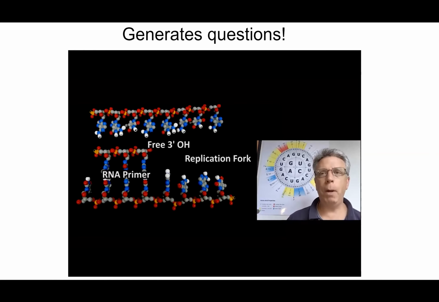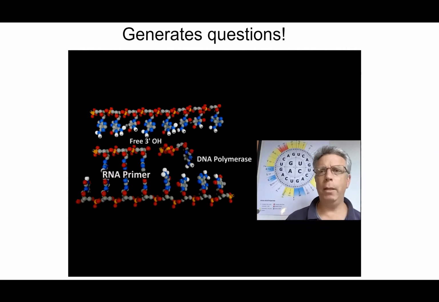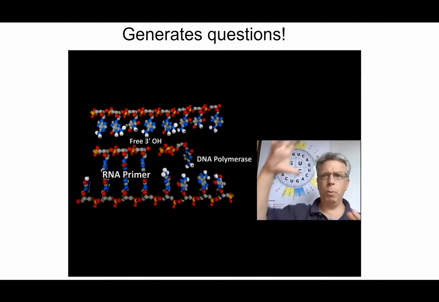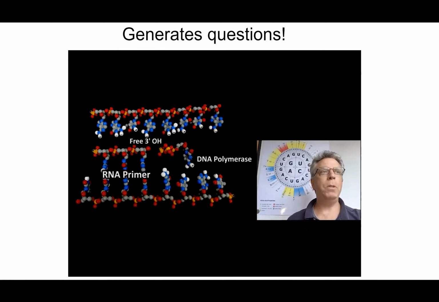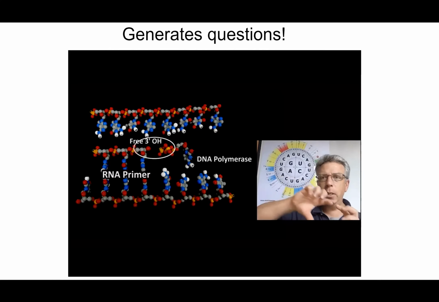And we have the free 3' hydroxyl. And you can see the cartoon image of the free 3' hydroxyl up that we show in so many of our models. Well, why is it important? What's going on with that? Because that's where the new nucleotide can attach. So the replication fork pulls apart, and we could see DNA polymerase coming in. Now, this is a little bit corny in the way that I have it modeled, as the DNA polymerase would be clamped on and would be working with this, not something that's marching in from the left, but it helps the students to understand. And so we see the DNA polymerase marching in, and you can see all the phosphates